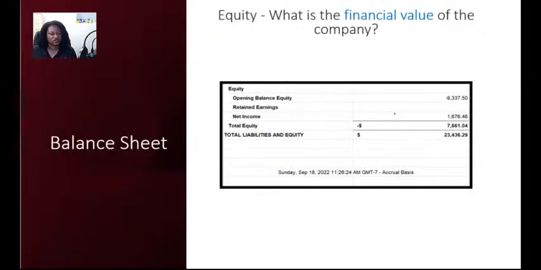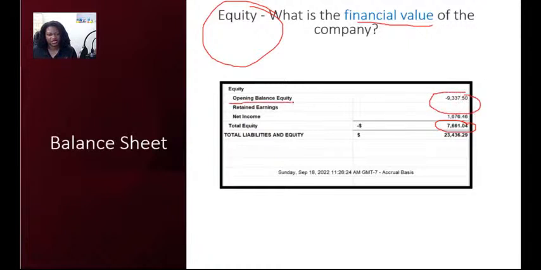Now, drilling over into the equity section. The equity section is going to be the financial value of the company. And so the total equity here is 7661.04. So one of the things that could make you have a negative opening balance equity is when you